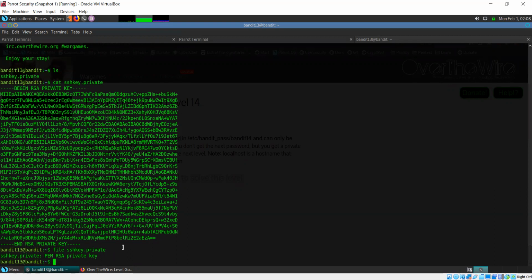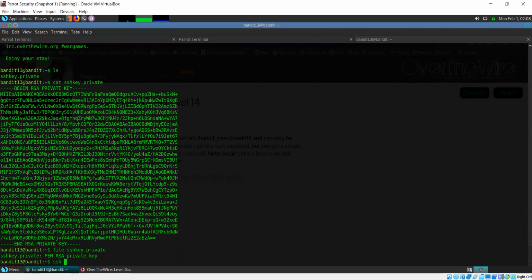So when you're logging into SSH, you have two options. Either you can use the password for that user, or you can use the user's SSH private key if you have it. If you don't have it, then of course you need to rely on the password. If you don't have either of those, you won't be able to log in. But if you have any one, then you can successfully log in.